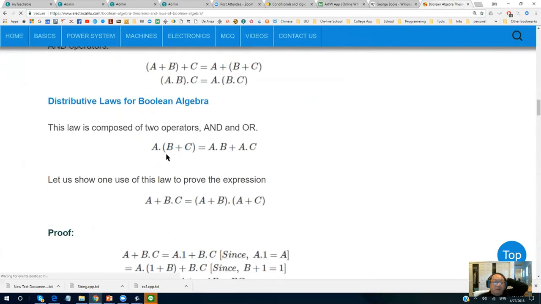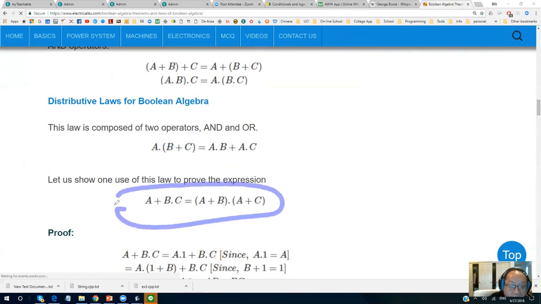And this one is the distributive law. A times B plus C equals A times B plus A times C. This one is also true in math, but the other form is not true in math. In math, this is not true, but in Boolean algebra, it's true. So you remember to come to this website to study. I don't want you to write it, it's too much. But A and B or C is equal to A and C, or B and A and C.